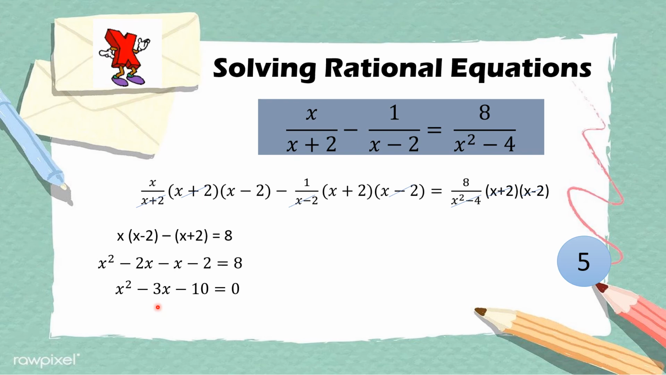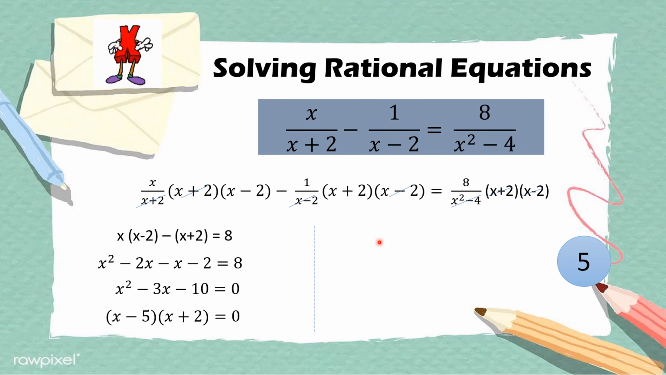Next, negative 2x minus x is negative 3x. So, making one side of the equation equal 0, by the addition property of equality, you will transpose positive 8 to the other side, it will become negative 8, and negative 2 plus negative 8 is negative 10. So, we can factor x squared minus 3x minus 10 equals 0 as x minus 5 times x plus 2 equals 0. So, by the zero product property,